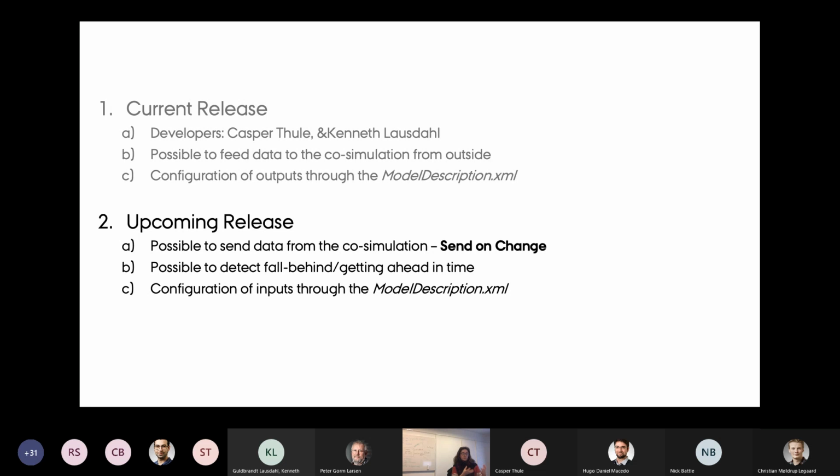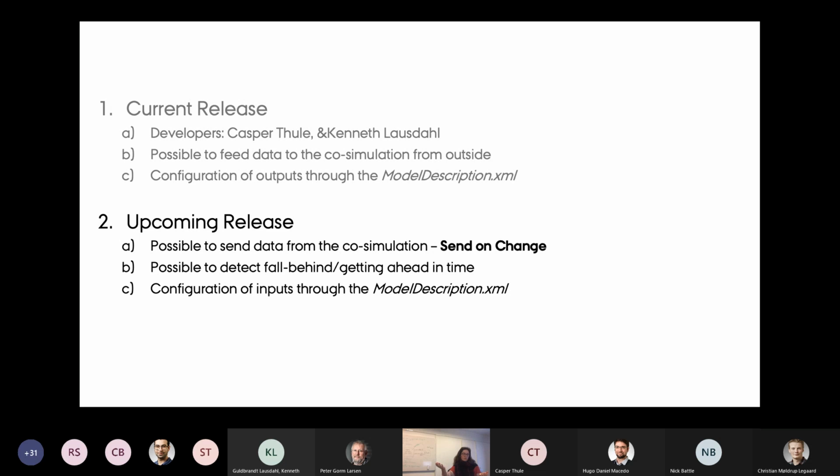So the RabbitMQ FMU will step, or continue to the next step, when it has valid data. What is valid can be decided on the age of this data. So by playing with this parameter, we can allow the co-simulation to go ahead a little bit if it's performing faster than what is on the other side. However, the other problem is a bit trickier to control, or we cannot really control it directly, and it has